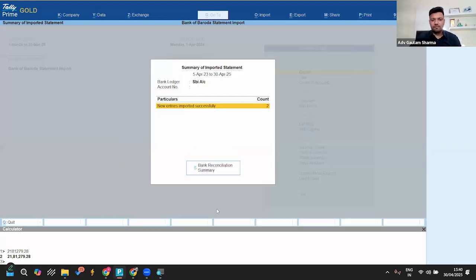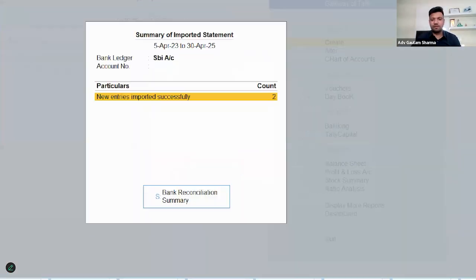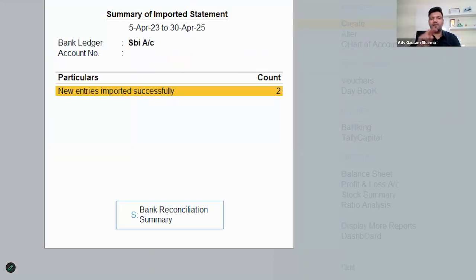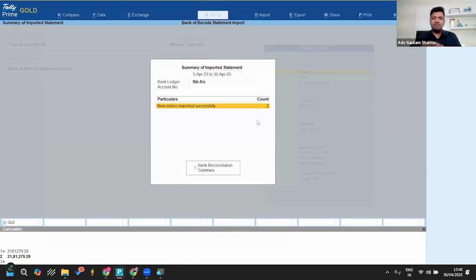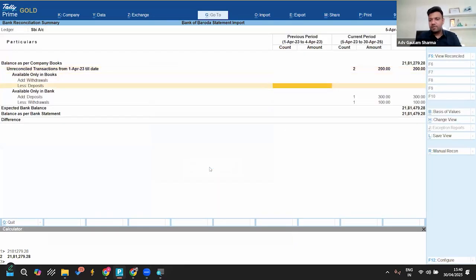Now if we import again, you can see the magic. New entries imported successfully and the count is 2 only. That means the entries which are available in your Tally, already it is there in your Tally. Tally won't import those entries again. It will only import the entry which are not there in Tally. And if you click here, you can see